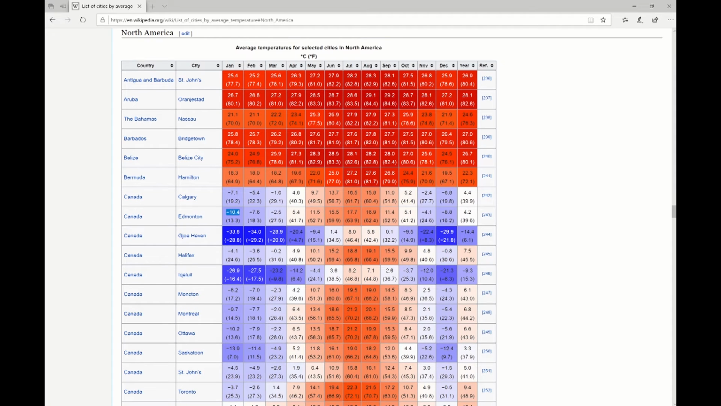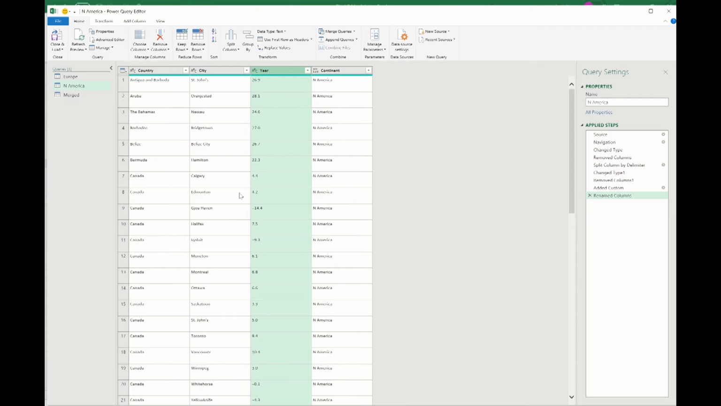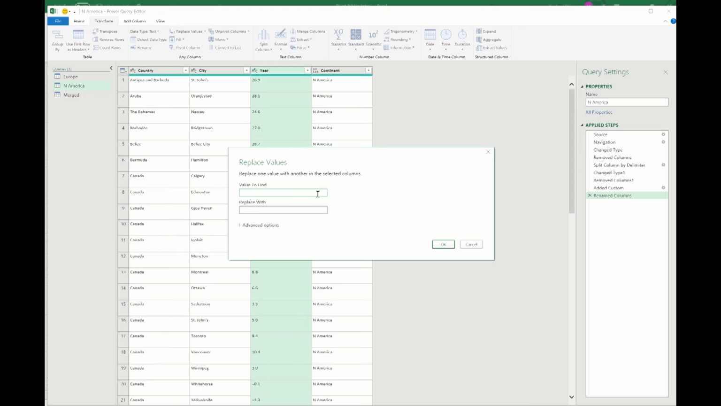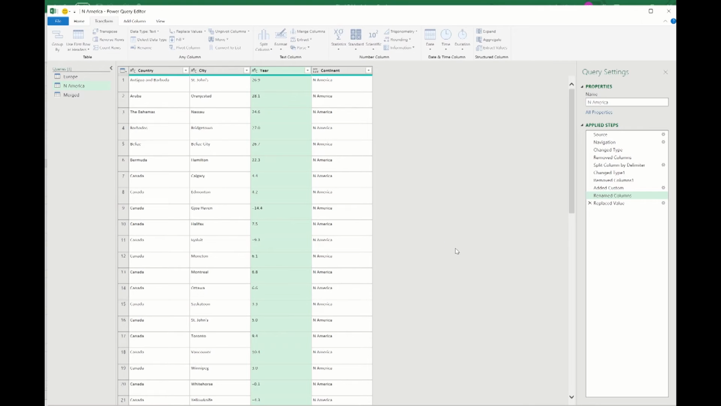Let's go back to Excel now and then go to transform. With the entire year column selected, we can say replace values. And the value we're looking for we can simply paste, so either Ctrl V or right click and paste. And we're going to replace it with just type in minus. If I click OK to that, and then go back to our merge table,